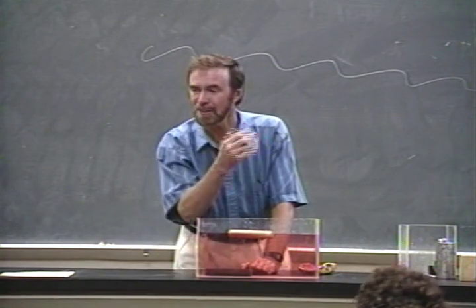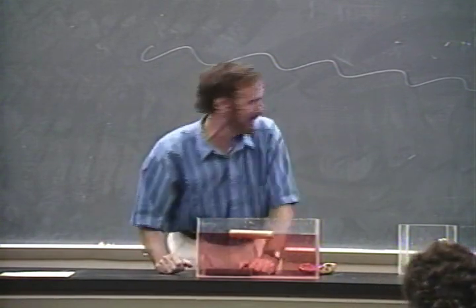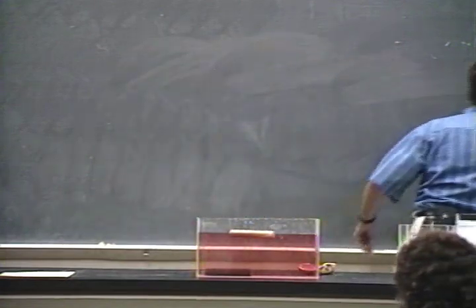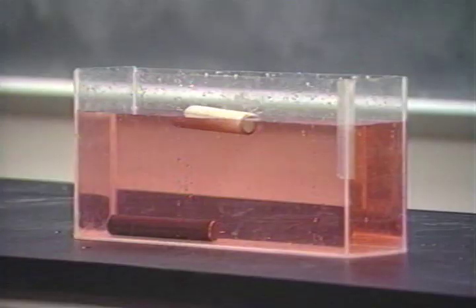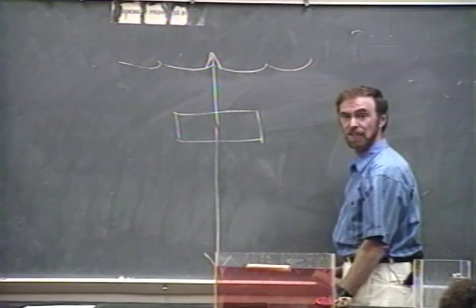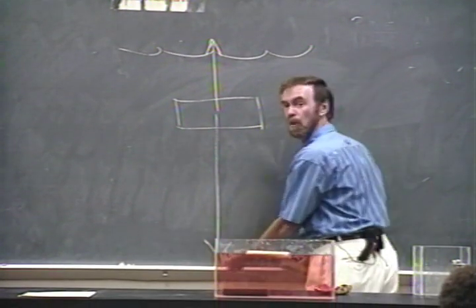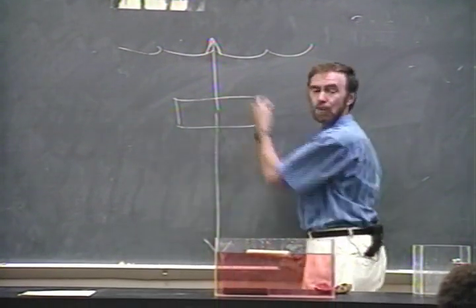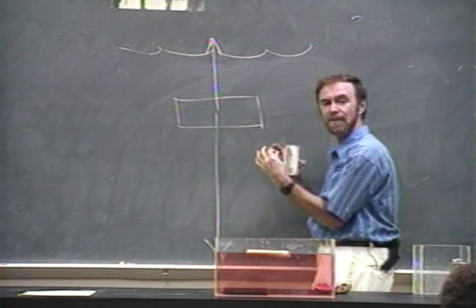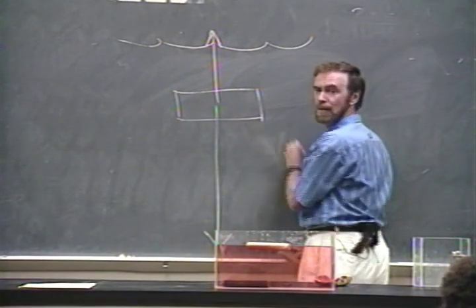So one is floating and one is sinking. There are two things to consider, gang. Here's my object in the water. Here's the buoyant force. But there's something else to consider. Here's the weight. In fact, it's a lot more than that. Turns out the weight would be over 5 times as heavy as the buoyant force for iron. Iron's very, very compact. Iron's very dense. Nevertheless, there's the buoyant force.